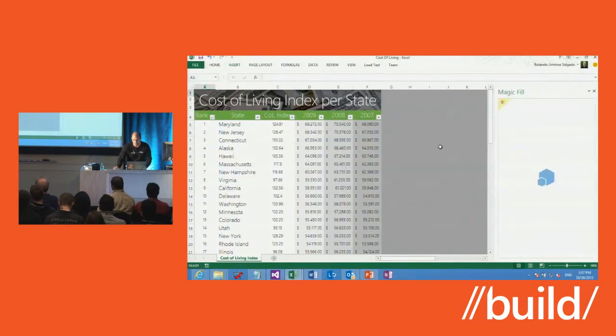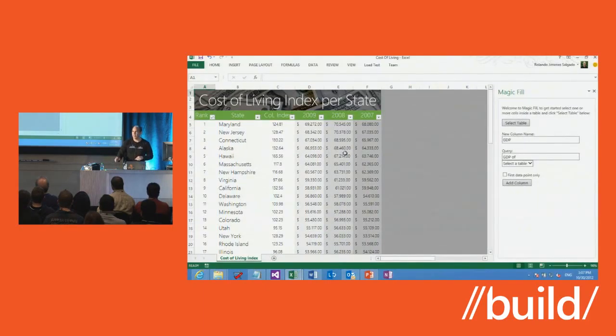I call it Magic Fill. I'm going to say, yeah, start it. And what this app allows me to do is, I'm doing my research in Excel, and I have enough information about cost of living. But I want to consider other factors that maybe the web knows about, but I don't know. Like, for example, I'm from Mexico. I'd like to know how many Mexicans there are in all these states, and maybe that's a decision factor for me. So what I'm going to do,